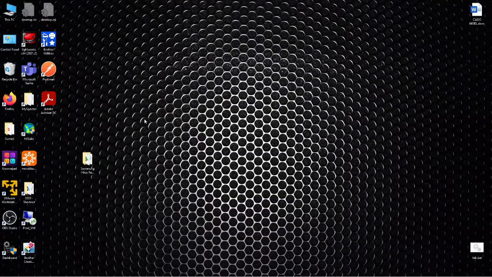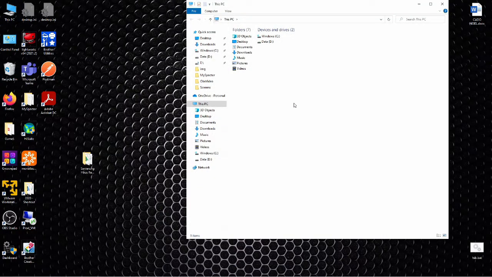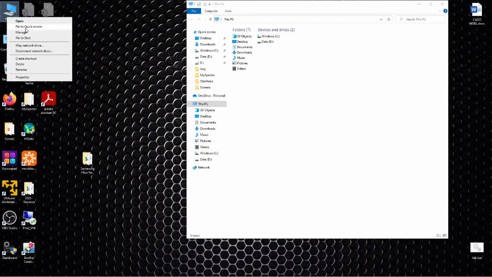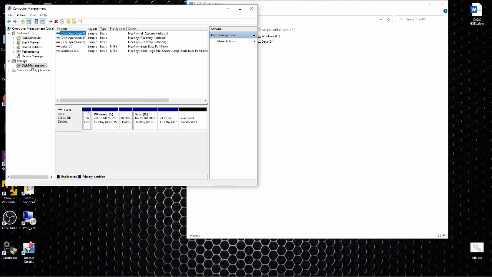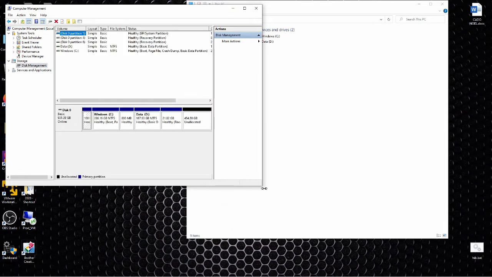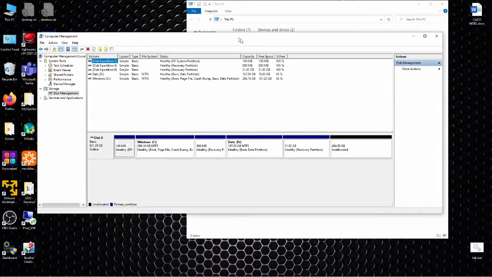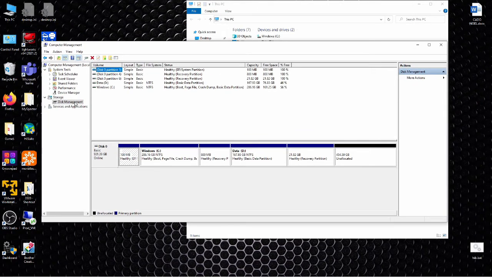Now I have booted on the new drive. I will look at the drives which are there, C and D. There is no other drive because I have unplugged it. So I'm going to manage and look what must be done. So disk management. So my disk is 1 terabyte wide.